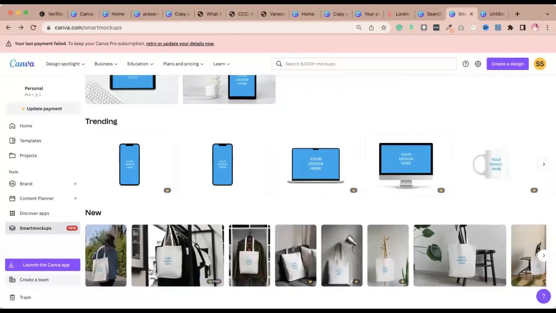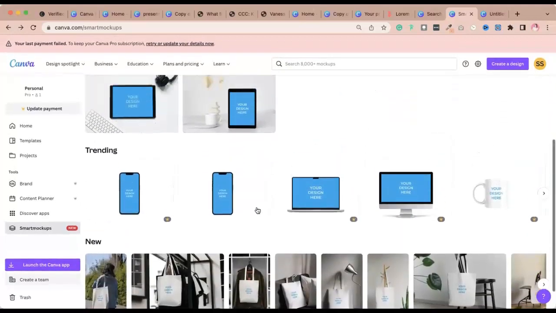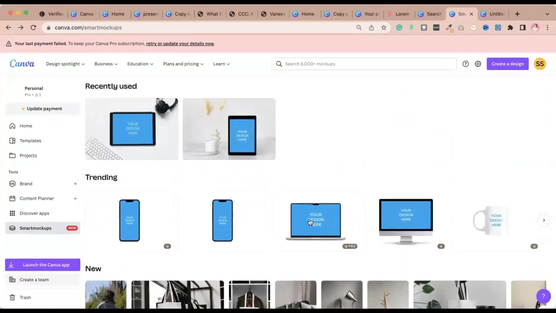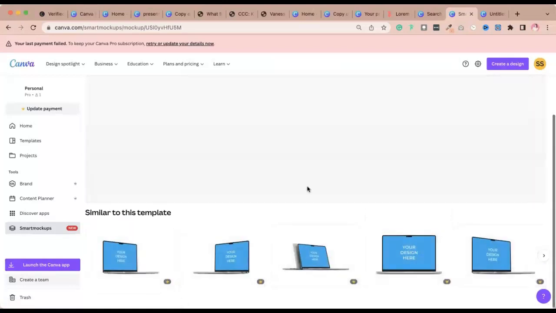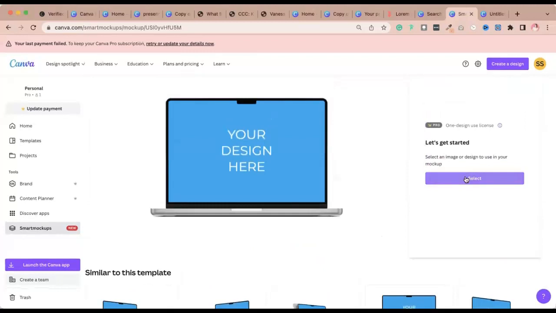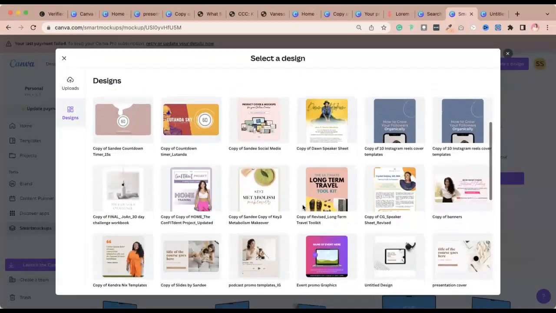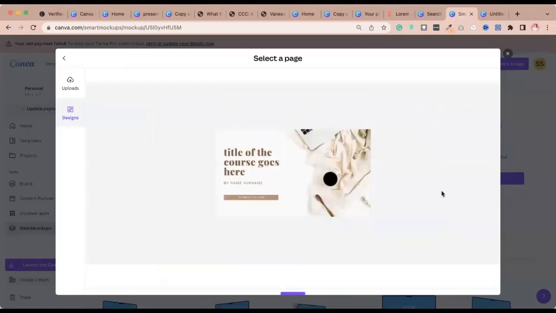So you have a lot of options here. I haven't created a design for this, so let's just use MacBook instead, or a laptop. Okay, and let's use the banners that we've created. So let's select this, and then let's use this one. Okay, select,